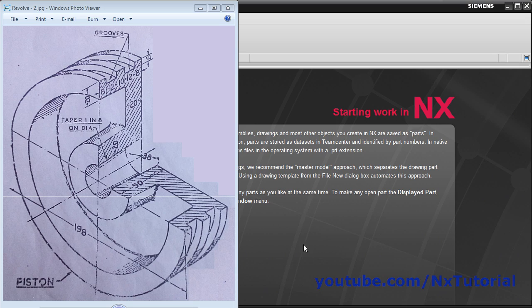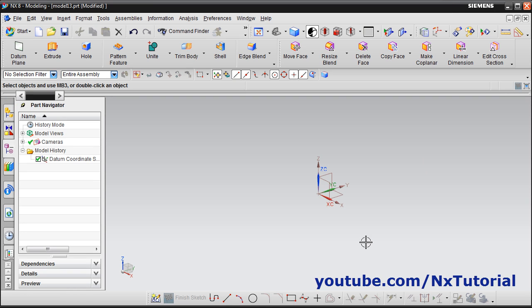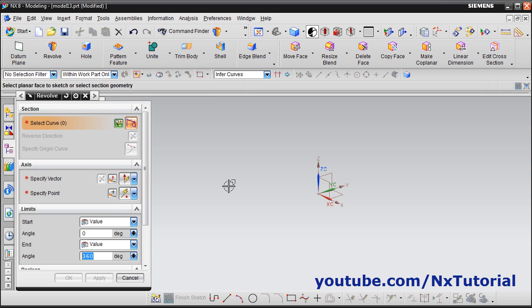In this tutorial, we will create this object using the Revolve command. Click on New, select Model, click on OK. Click on the arrow near the Extrude and select Revolve. Then click on the Sketch section,